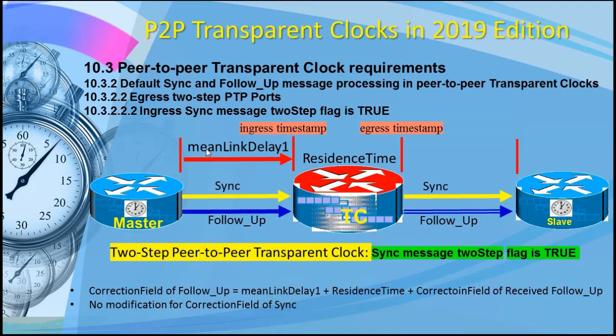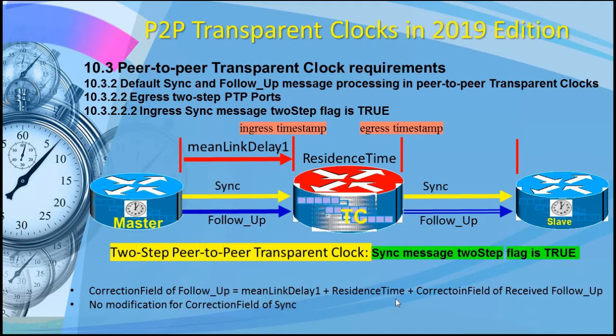It puts both mean link delay number 1 and resident time together in the correction field of the follow-up message and then sends it out. So the correction field of the follow-up message equals mean link delay number 1, which means between master and TC, plus resident time